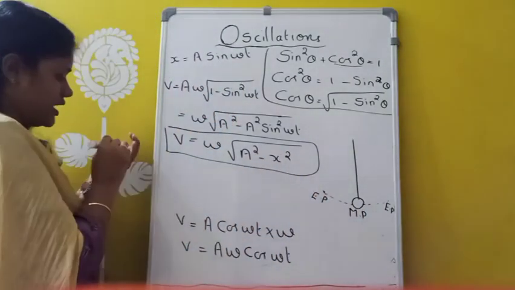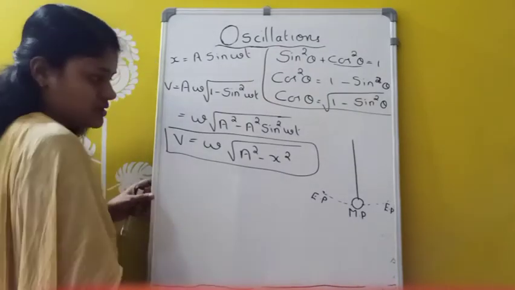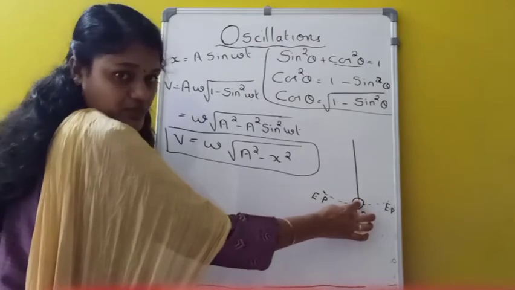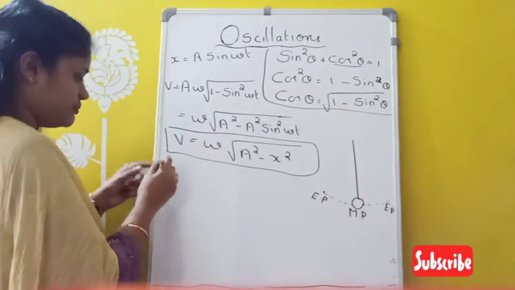Now, at the mean position, what is the displacement of the particle? Mean position means it is a stationary position. So at this point, what is the displacement? It is taken as 0. So at mean position,